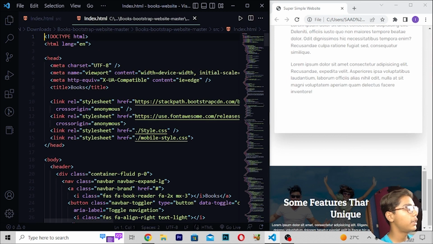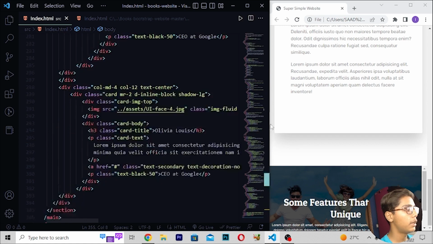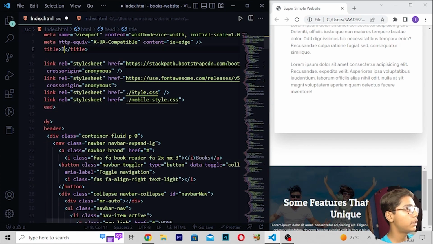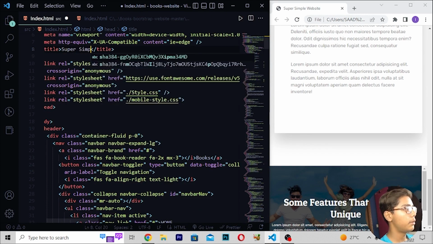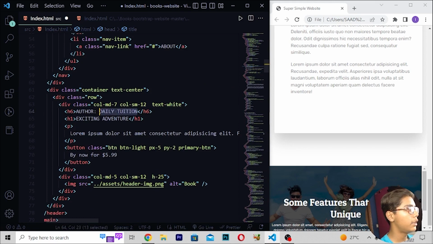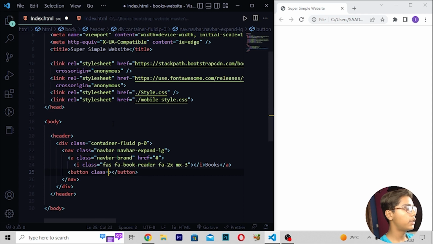Now when you are just getting this, here we have to just do one thing. I will be moving at the top. Then here I will be changing the title to simple website like this. Then here I'll be moving, and then here you have to erase, and then you have to write like this. I will be now writing here navbar-toggler like this. Then I will be writing here type equals button. So here I will be now writing this.